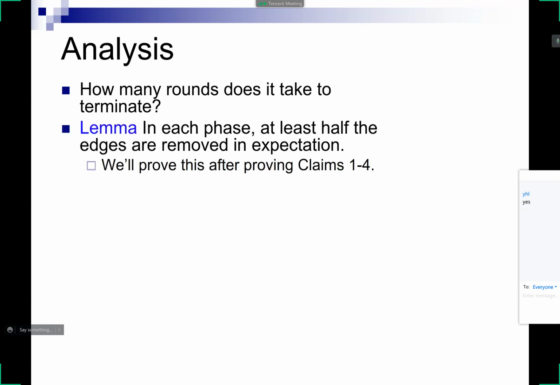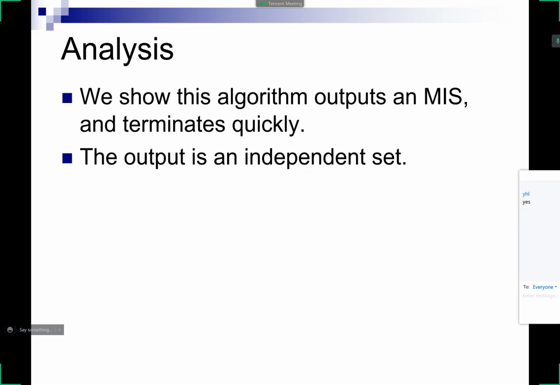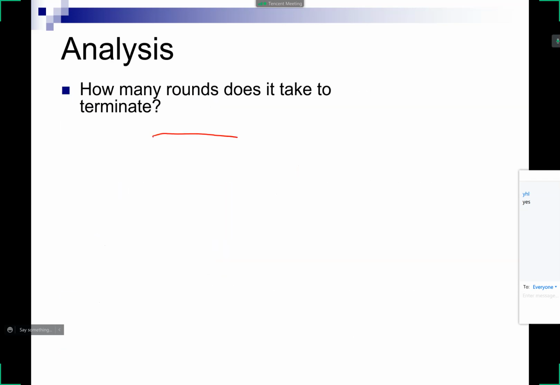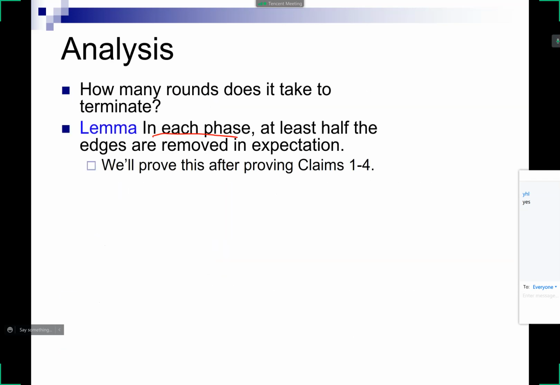Okay, so to show this, the main lemma we're going to try to prove is about each of these phases. Remember, the phase has basically these three steps. We're going to call this a phase, right? These three steps over here. All right, so we're going to show that in each phase, at least half of the edges are